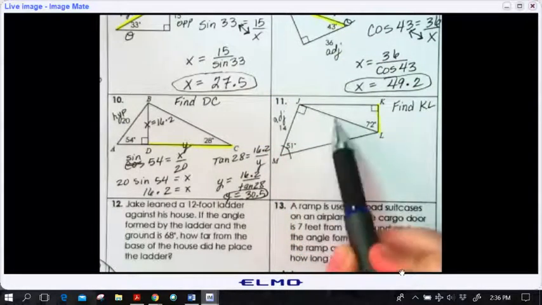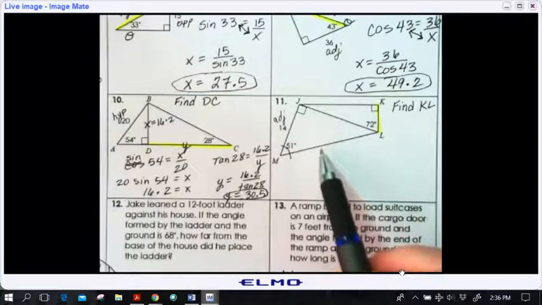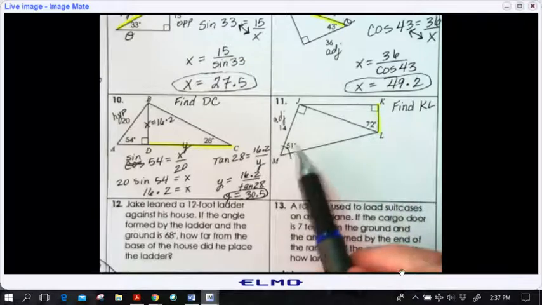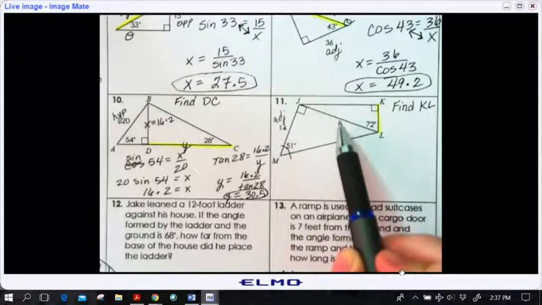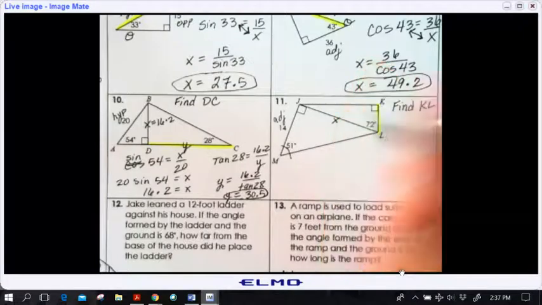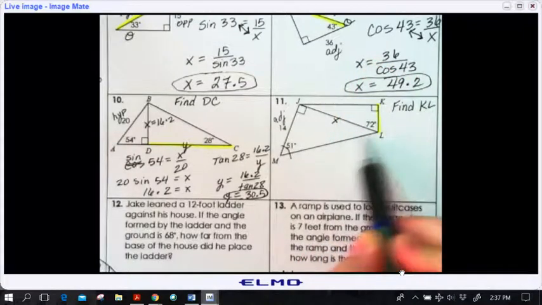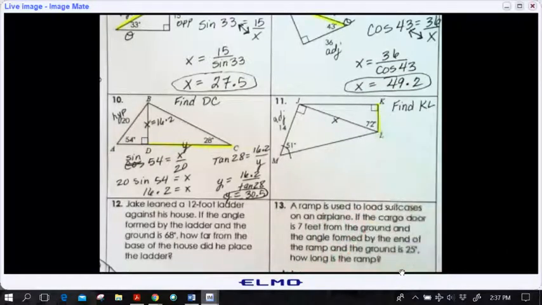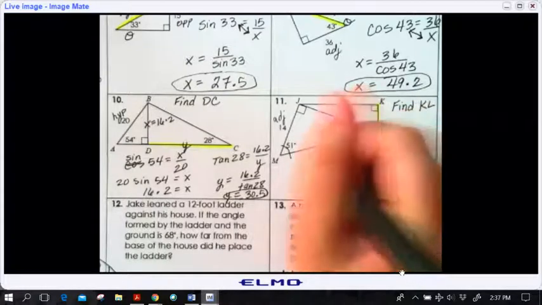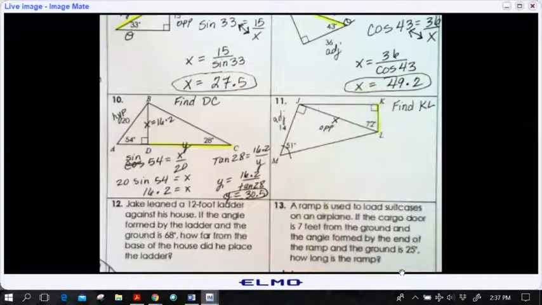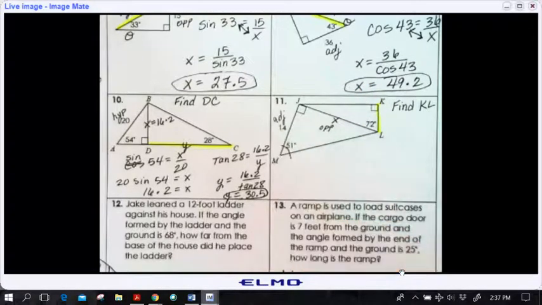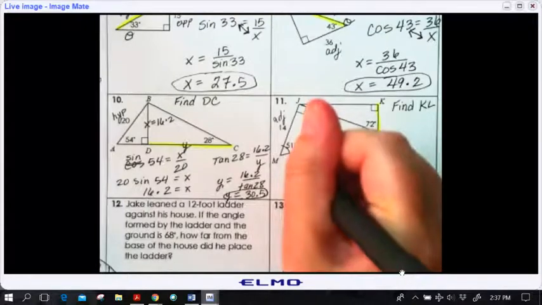Which other side of the triangle would be beneficial for me to find to help me with this triangle? It's going to have to be this opposite side, side X. If I found this side right here, that wouldn't give me any information about this second triangle. So that's kind of how I choose. In this case, the X is opposite the 51-degree angle, so I have opposite and adjacent. So I am going to use tangent